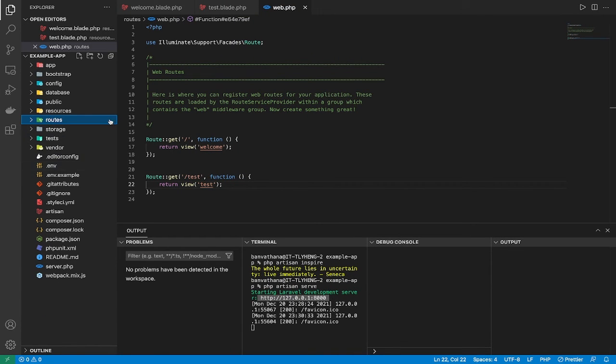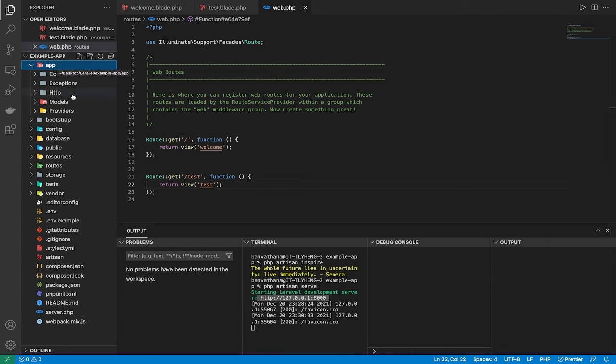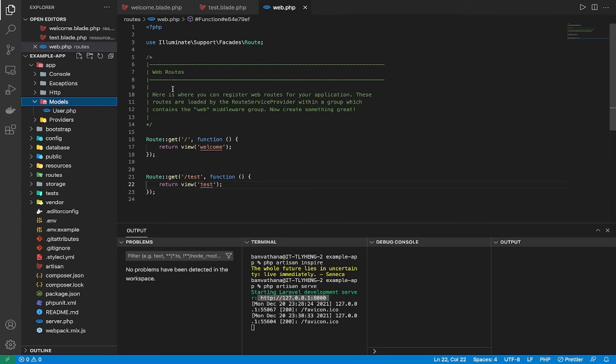Next, I'm going to talk about the app folder. In here, there are a few folders, but I'm not going to describe them all. As the lessons go on, we will explore them more. But I'm going to pick some modules for you, such as model. In the model folder, we can create the model file that represents the table